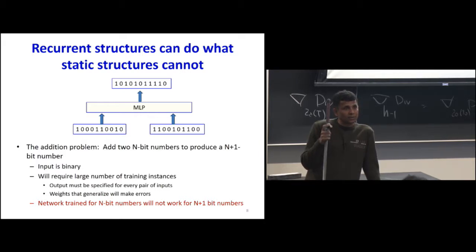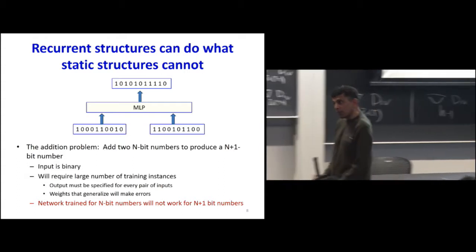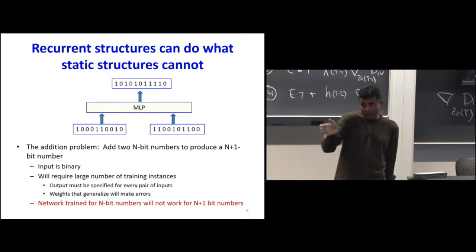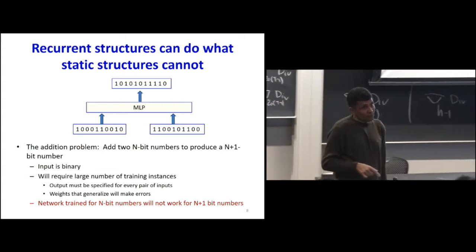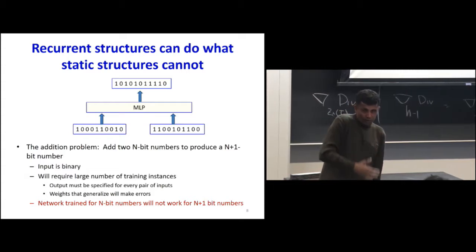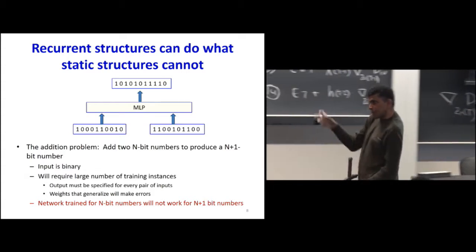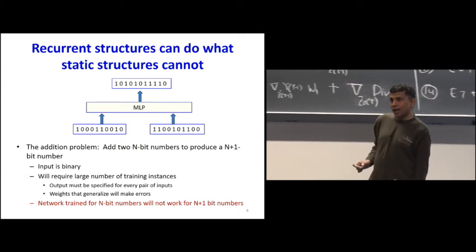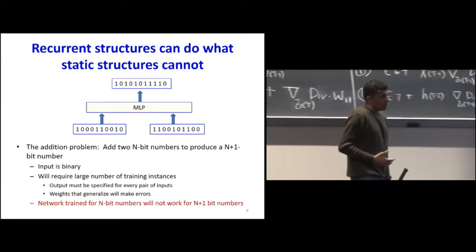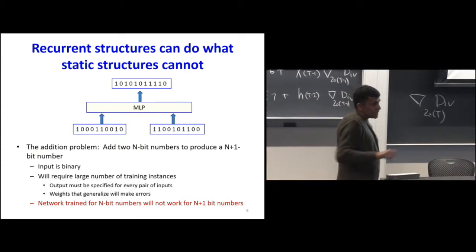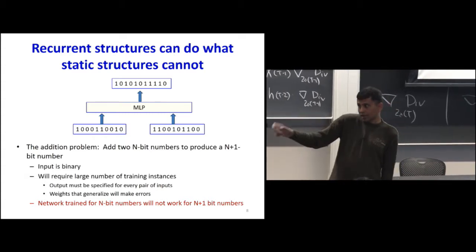Can you not convert it into decimal? No, I want to do a bit addition. So this is actually going to be a fairly complex network, because if you want to do this with one hidden layer, you're going to have as many perceptrons as... the truth table is going to be fairly complex. If I'm thinking of additions of inputs, I have 2n bits. Each of these 2n bits has an output. So if I looked at the truth table, it's going to be fairly large. If I did this with one hidden layer, I'm going to have as many neurons as